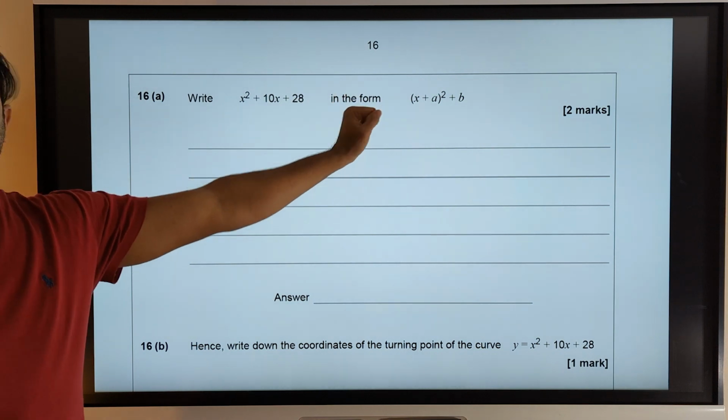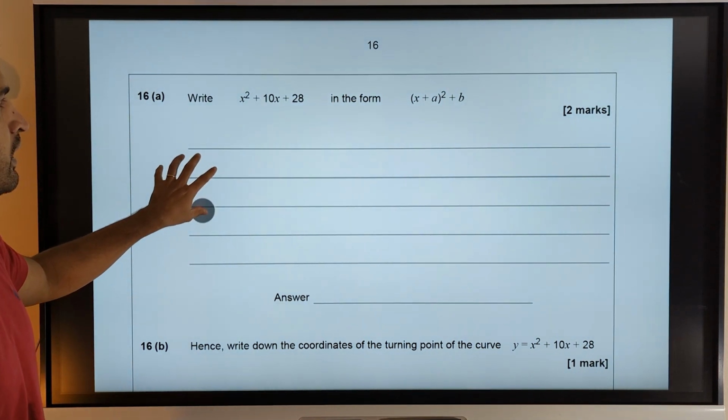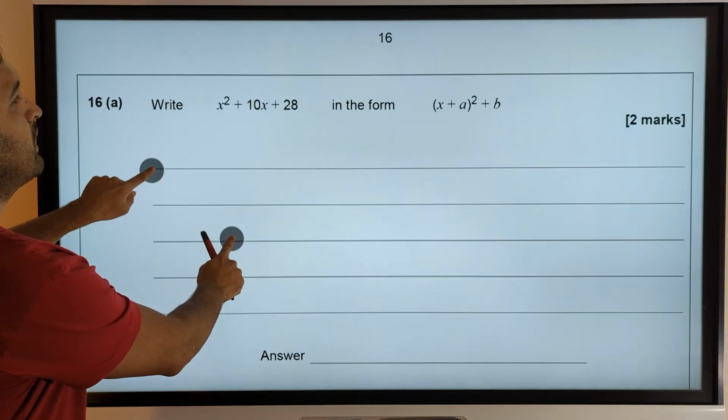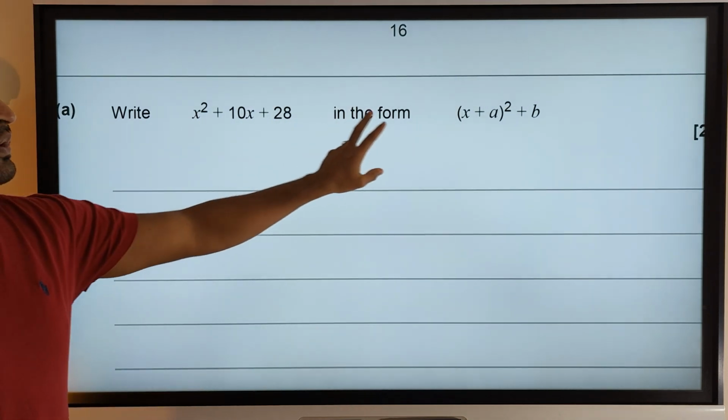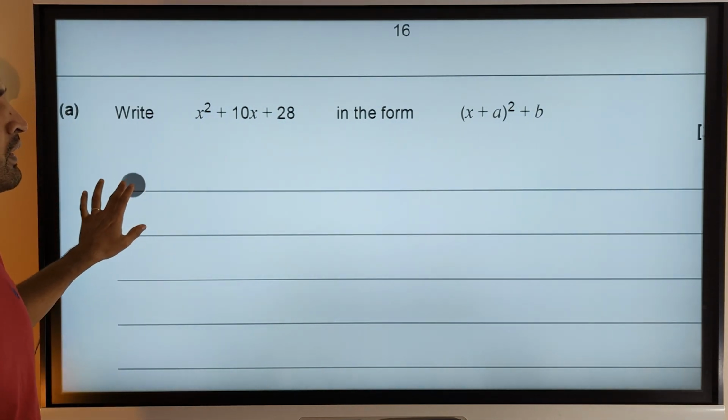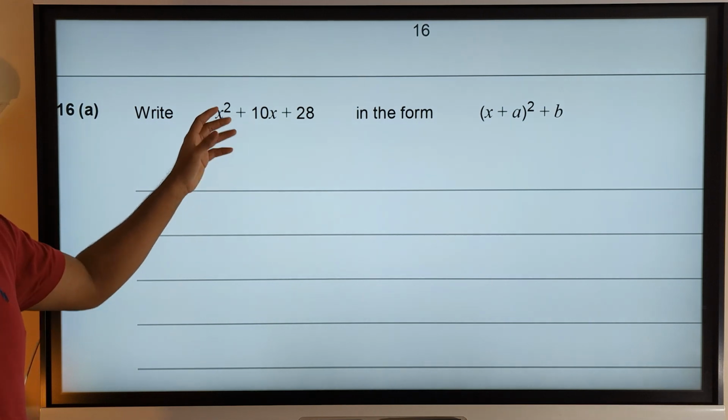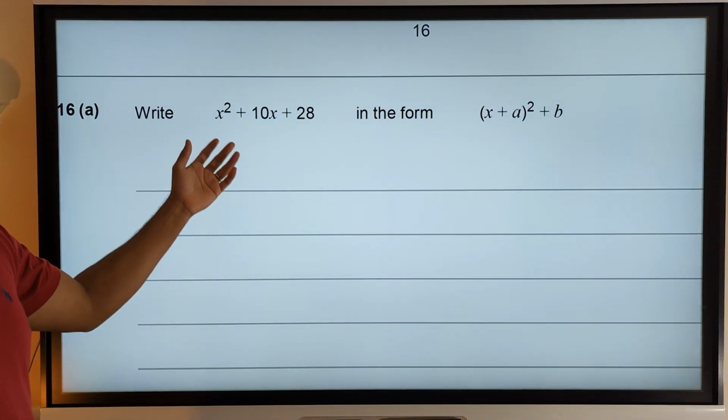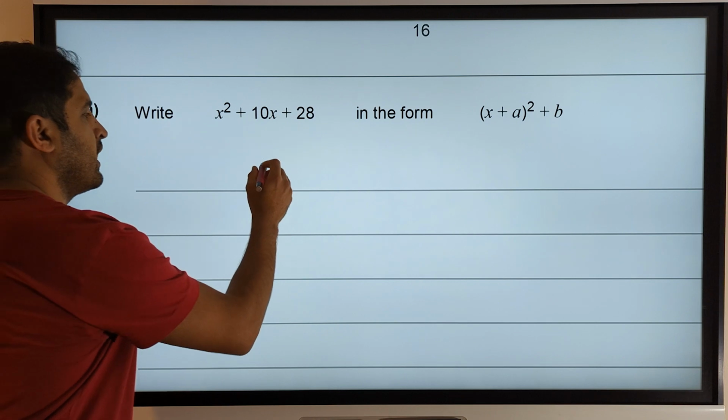Write this in that form. So again, it's completing the square. We're going to try and write this in that form, and it'll give you 2 marks. So completing the square with x squared, you would have